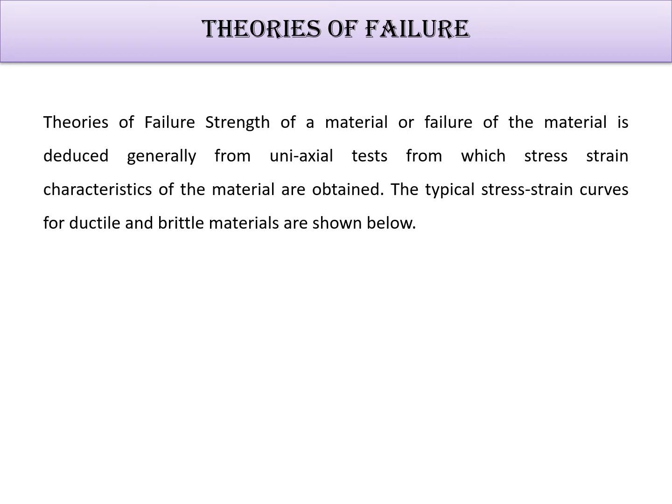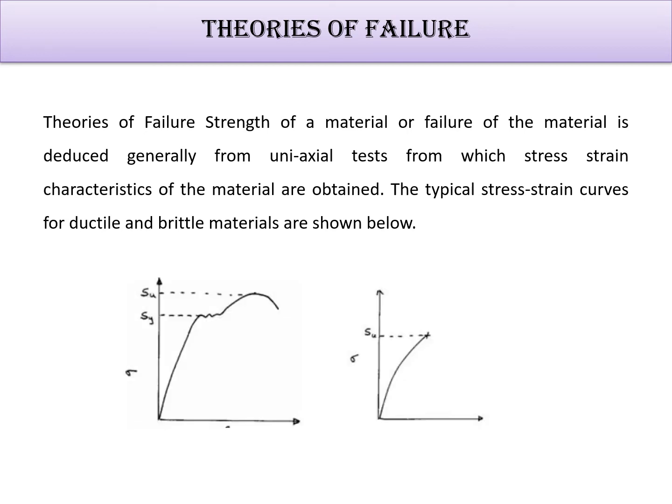The typical stress-strain curve we get for the ductile and for the brittle material looks like this. This is the yield point and this is the ultimate tensile strain. After yielding, the material will break from here and then fall down in this way. This is what happens for a brittle material. Brittle material doesn't have any yielding point, it has an ultimate tensile strength, which is the last limit.